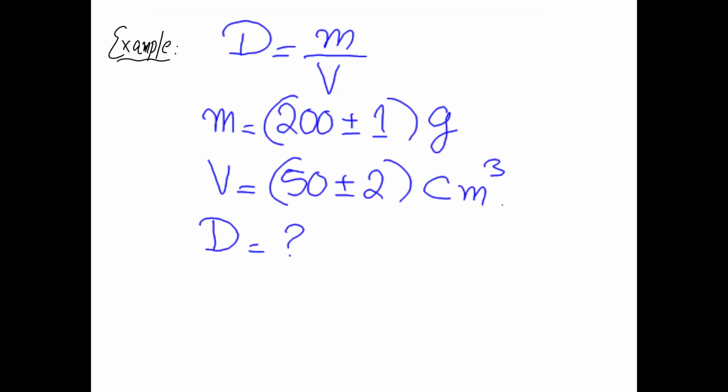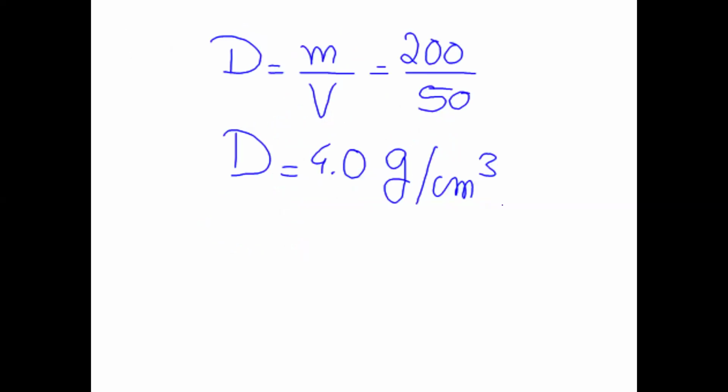Now, for example, density is equal to mass upon volume. Now you have to solve this question. You need to copy the data. Yes, you have to record it. Density is equal to mass upon volume. The density will be 4 and the uncertainty will be